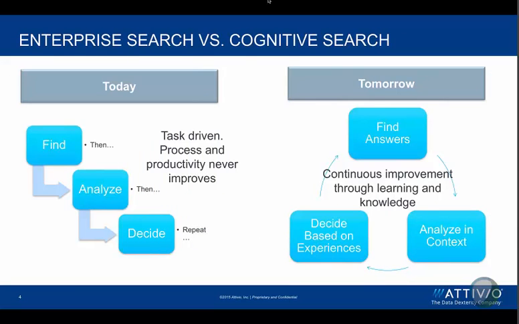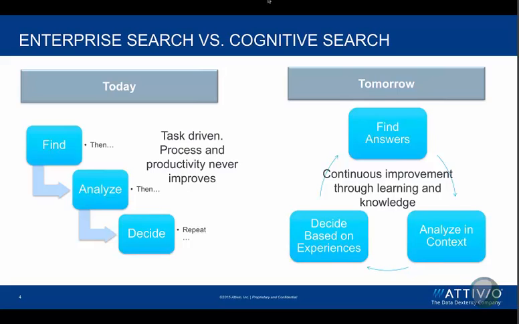And even more to the point, when we think about enterprise search, traditional enterprise search versus cognitive search, we view the current state of the world as the second wave, or the second coming, essentially, of enterprise search. Today when folks typically think of enterprise search engines, whether that's Solr or GSA, which is end of lifing at the end of this year, they're really focused on 3 waterfall-like tasks where they find their content, then they analyze their content, and finally decide on what to do with the content that they found,